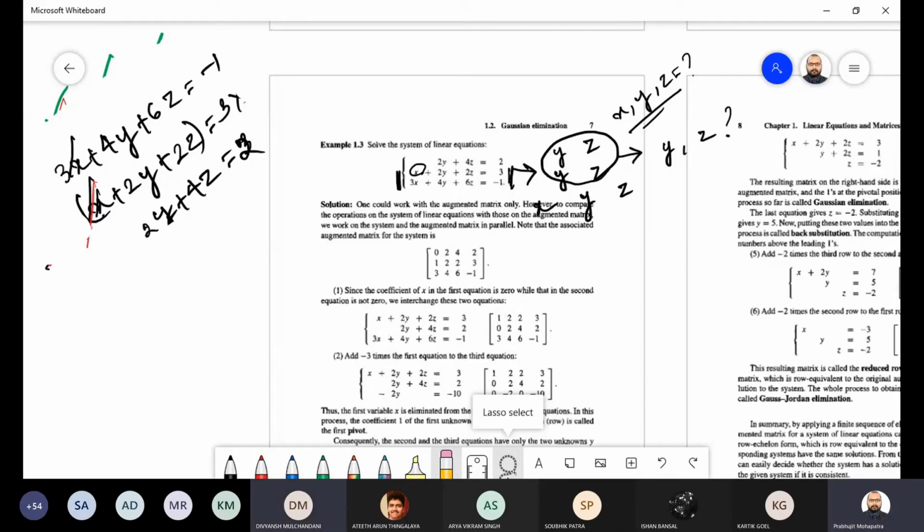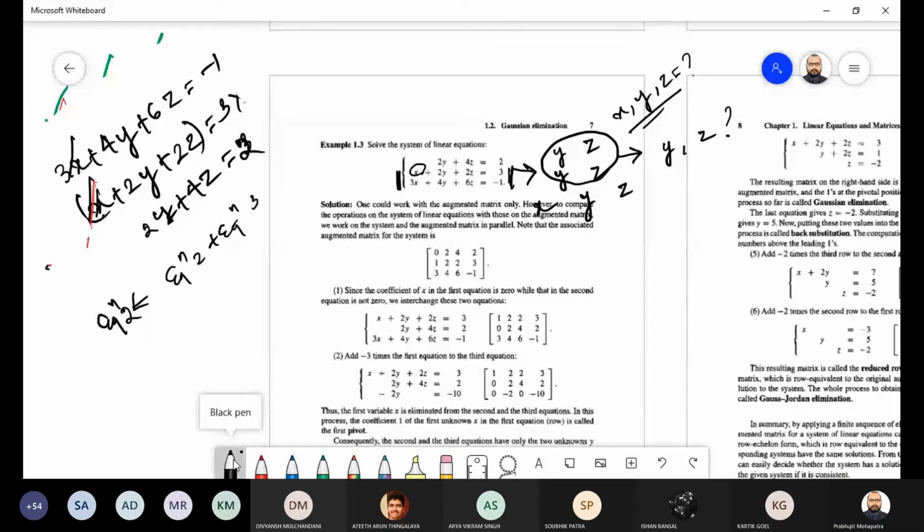Okay, so can I add one equation with another one? Can I write an equation in place of equation 2? Can I write equation 2 plus equation 3? Can I add two equations and make another equation? Yes, sir. I am asking everyone whether it is possible. Yes, sir, we can do that.